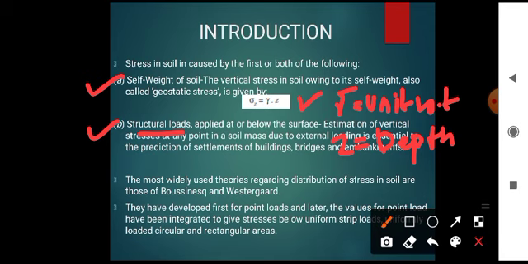This module, stress distribution in soil, enables us to understand the distribution of vertical stress beneath the ground, beneath any structure, and how it is distributed laterally as well as vertically. This knowledge also enables us to understand the settlement relevant to any field condition, maybe a uniform settlement, or maybe a differential settlement.